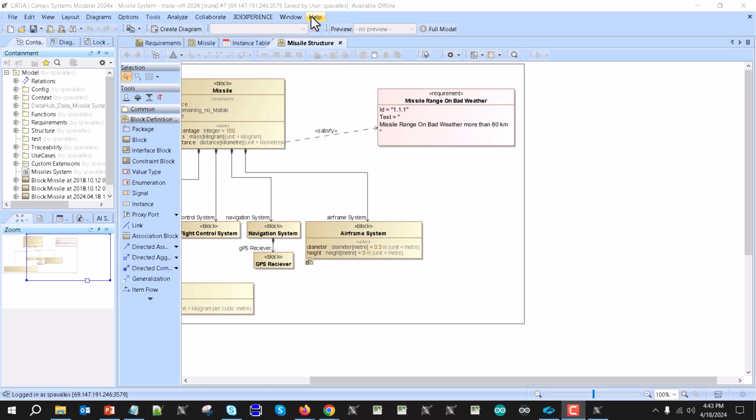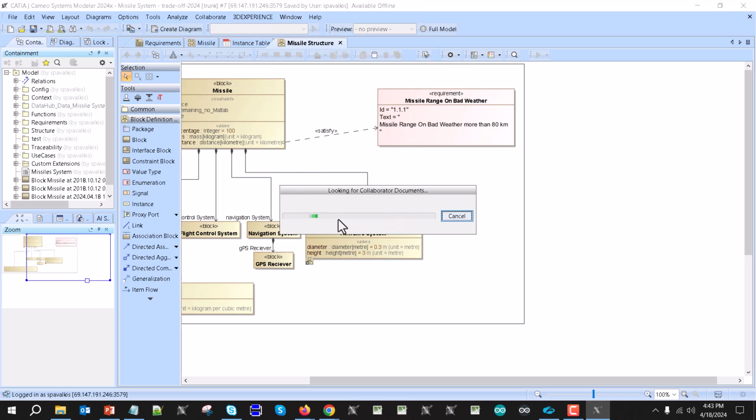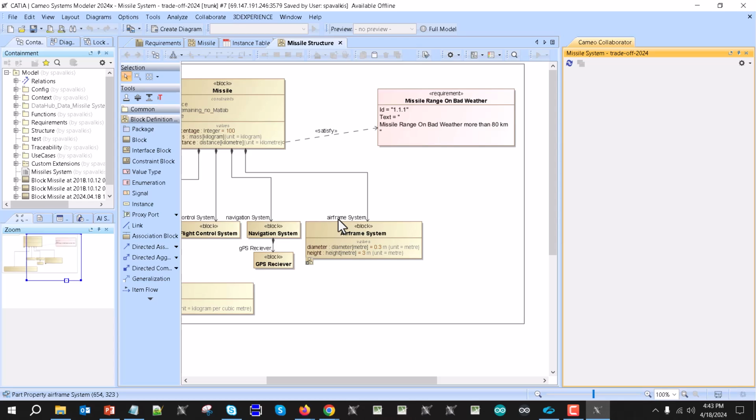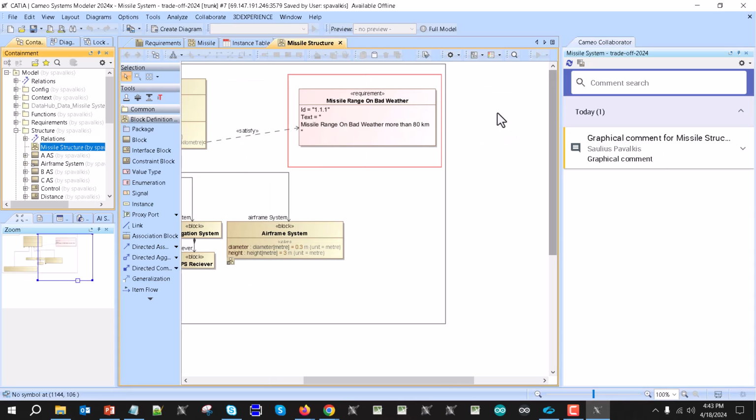Now we will switch to Cameo Collaborator comments in Catia Magic. So in Windows, Cameo Collaborator allows us to access those comments and see even visual markings. This allows us to fix the issues reported by the audience while we are working on the model reviews. Here you see, I can